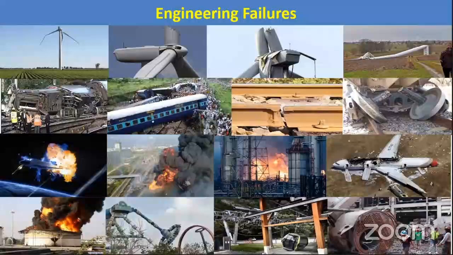These are not pretty pictures which we would like to see in our lifetime, but they happen. You cannot avoid them, be it a wind turbine, a locomotive or a train, something as sophisticated as a space shuttle, or something as mundane as an amusement ride. All of them have the potential to fail, and it's not just one reason. It could be material defects, manufacturing defects, or the way it was operated, going beyond the zone of operation parameters, such as high temperature, high pressure, whatever it is. So failures do happen, and it's our job and our responsibility to see how we can avoid them.